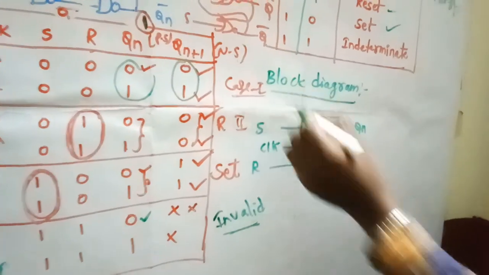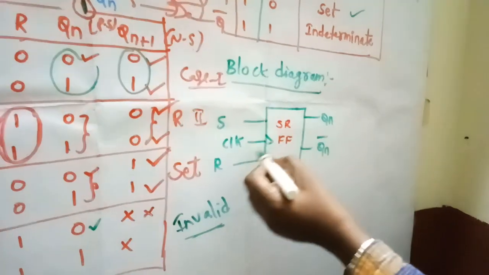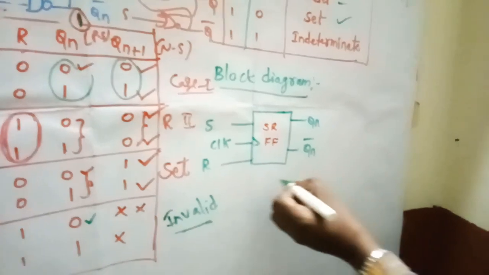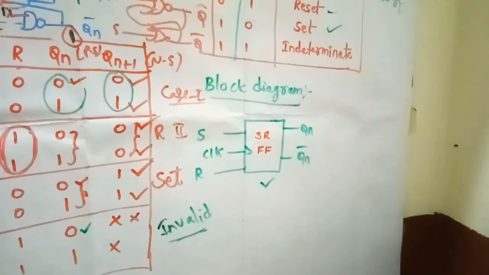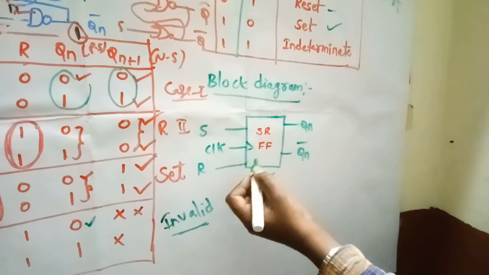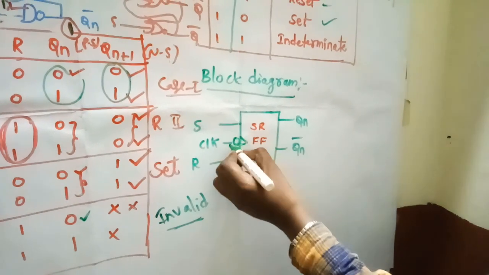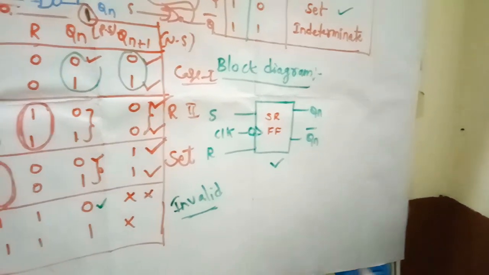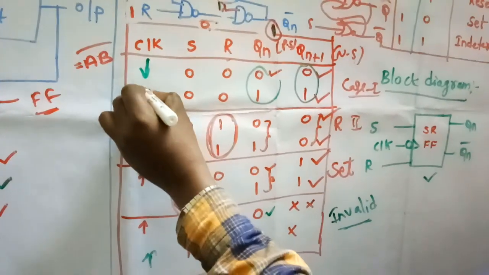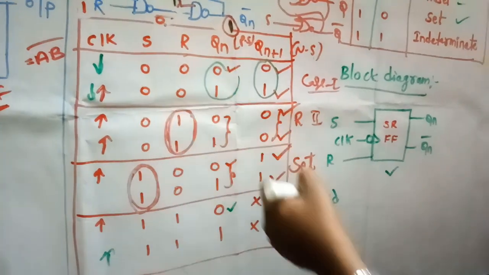Then go for the block diagram of SR flip-flop. This is the block diagram. S and R are inputs, clock we are applying, Qn and Qn bar outputs. In further classes, we are using this block diagram in place of SR flip-flop. And remember that this clock may be positive clock or negative clock. For example, if I am using negative clock, then that can be represented like this. If you want to represent a negative clock, here a down arrow. Down arrow in all cases is negative clock. Based on clock, you will get the corresponding outputs.